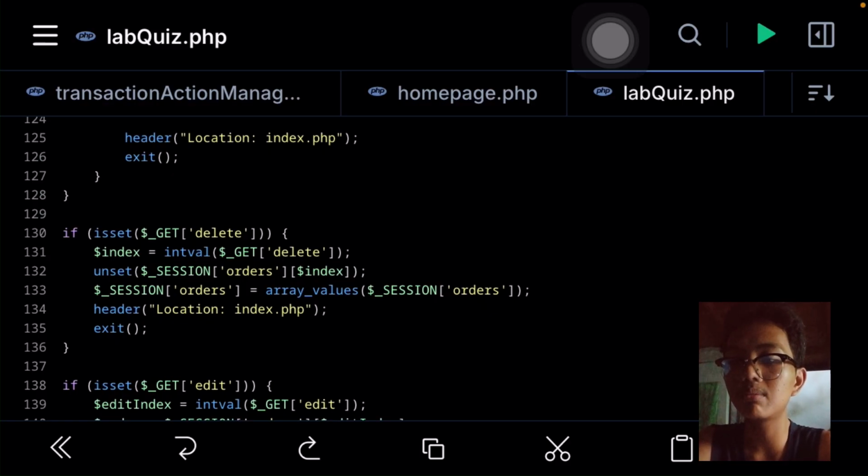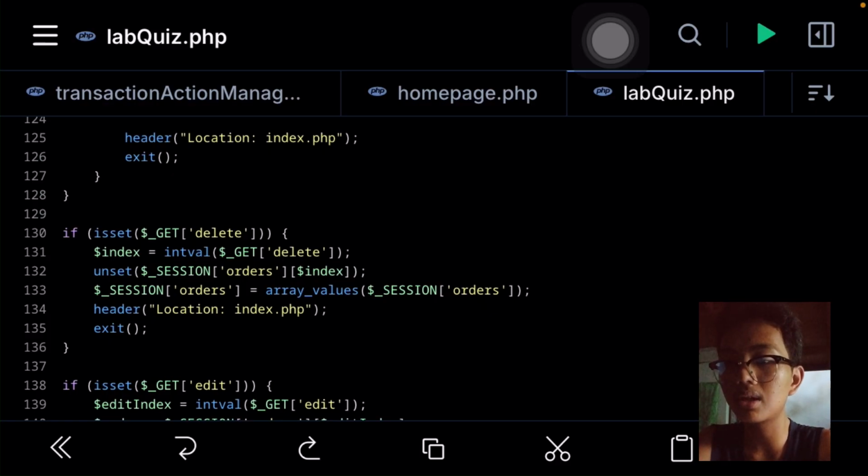First, we will check if the delete button is set using the isset method again, and if that is true, we will create a variable named index and set its value to a converted integer value using the intval method, and unset the orders that match the index created earlier, and rearrange the array values using the array_values method that accepts one parameter, which is the session orders array.